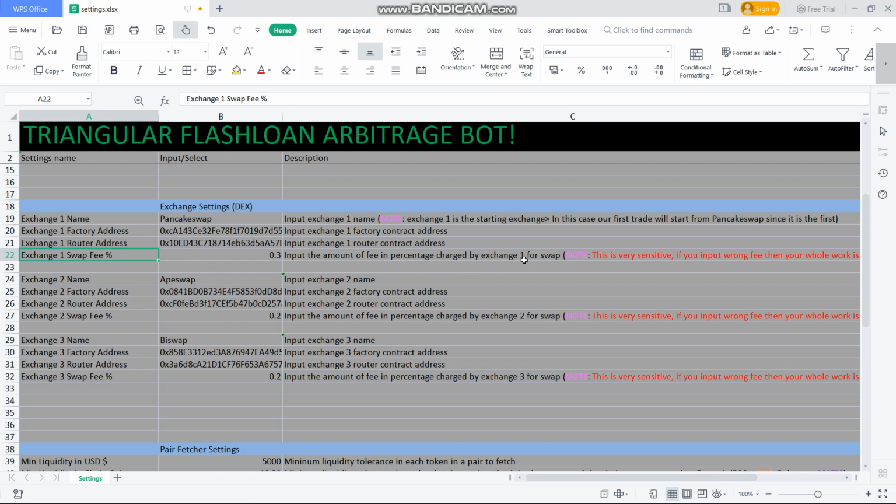So you can see there's a note here and there's a note here, so you always have to read the notes. If you are not reading any other setting, you always have to read the note again and again while setting up this bot. I explained in this note that exchange 1 is going to be the starting exchange, which means our trade will start from exchange 1, which is BakerySwap or any exchange